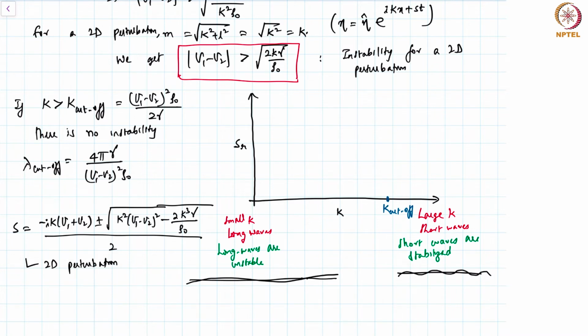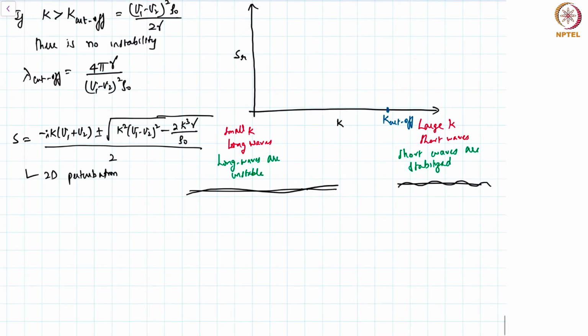Now notice that in the absence of surface tension, I will simply have, in the long waves, meaning when k becomes very, very small, if you look at the term under the square root, you have k cube versus k square. So for small surface tension or for no surface tension,